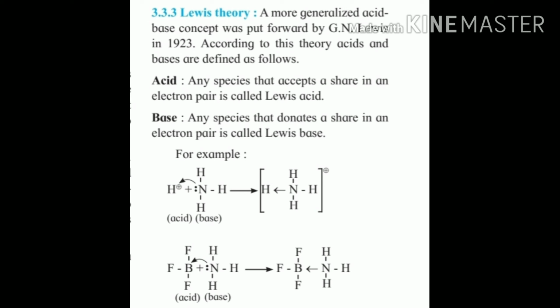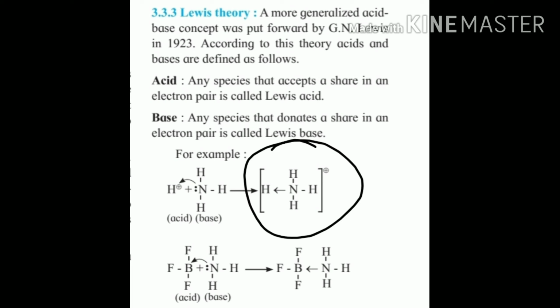So now let us look at the examples that are given. Let us look at the first example. Here H plus is the acid and ammonia, that is NH3, is the base. You can see there is one electron pair with nitrogen. So what is happening there? H plus, which is an acid, is accepting a share of the electron pair. And what is the base doing? It is donating that share of the pair to the acid. Hence you can see a bond is formed between nitrogen and hydrogen, which gives the formation of ammonium, that is